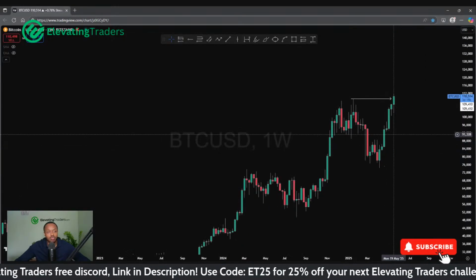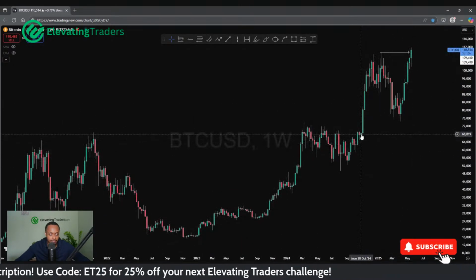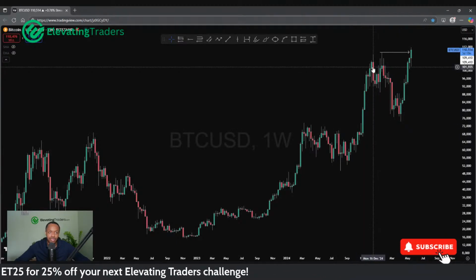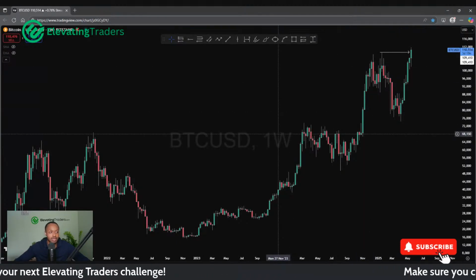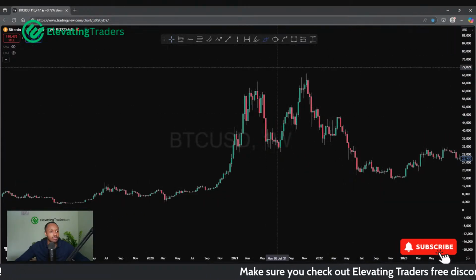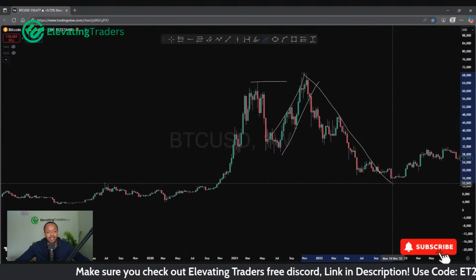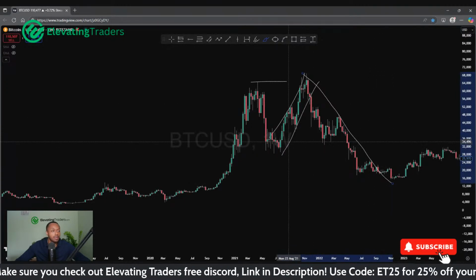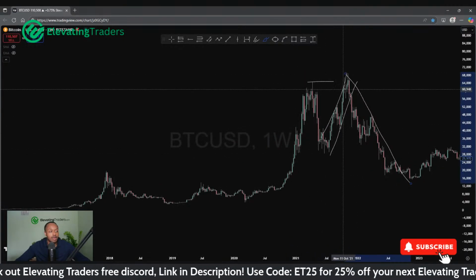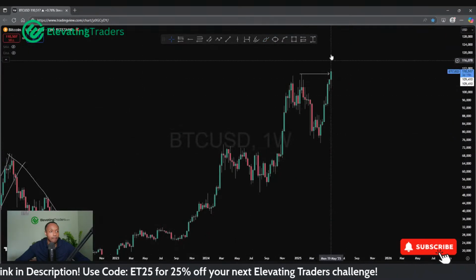I wouldn't say we're ripping to the upside like we've done in previous occasions, like we did over here. Very strong breakout. That normally entices a lot more upside. It's a little bit slower. Kind of resembles something more like this. I'm not saying that we're going to go through a massive retracement. We could, but I'm not saying we are. I'm just saying the price action resembles something a bit more like this, rather than a massive continuation.